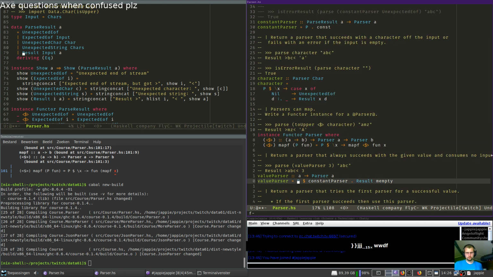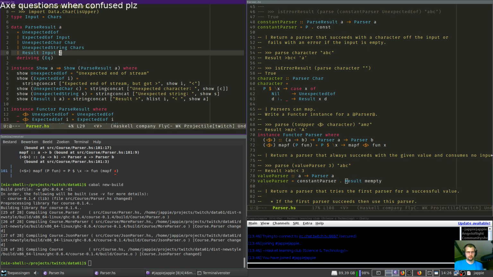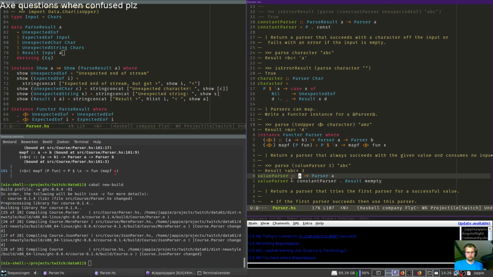So we just used function composition magic to make this work, right? So you have to see it as a bit of a pipeline. The first argument will be the A thing here, right? That's what we get here.